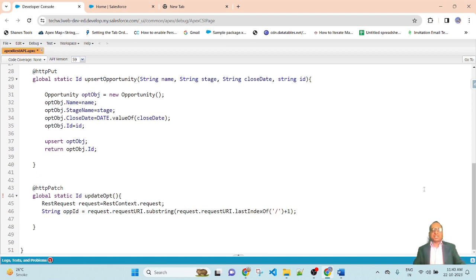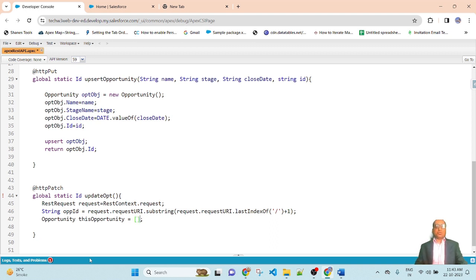After that, I will create an instance of the opportunity where I will write a SOQL query. Opportunity this opportunity equal to, square bracket.